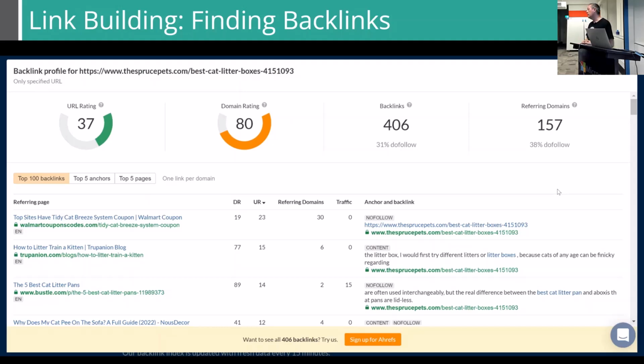It's difficult. Backlinks are probably one of the most difficult parts of SEO. You've not got a lot of control over whether somebody gives you a link or not, but it's an important part of the whole aspect of it.